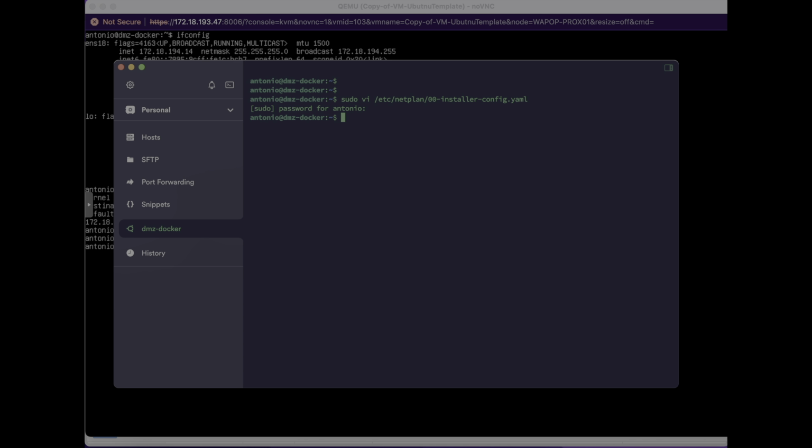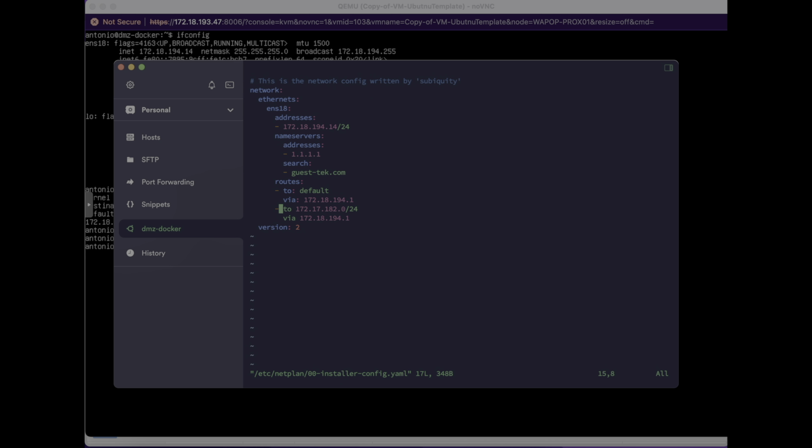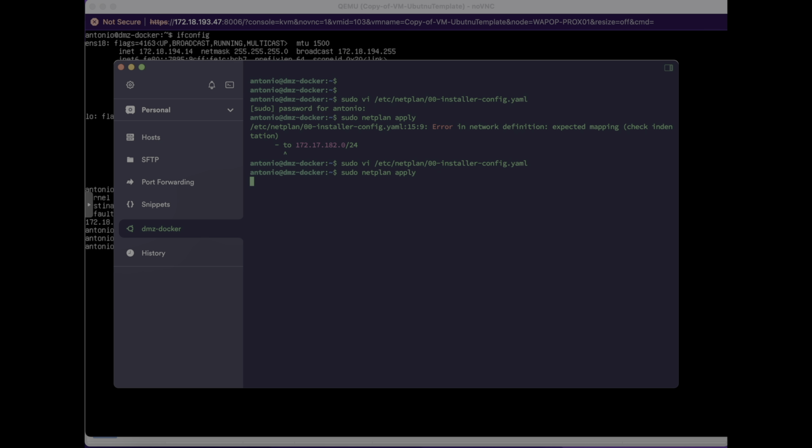Now we need to apply the settings. And if the settings are correct, we should have the new route in, which is not. And it looks like we forgot the colon here. Now when I do a route, there is a new extra route in there, which is basically the new one